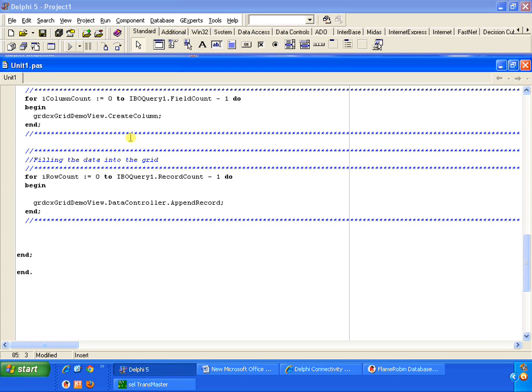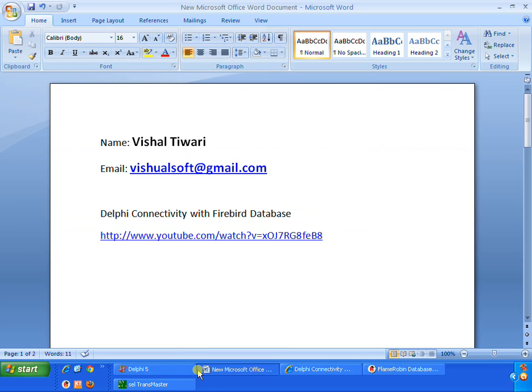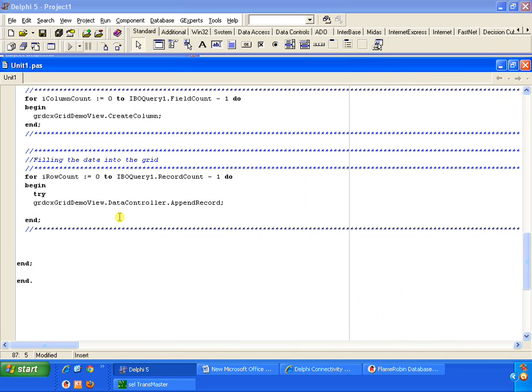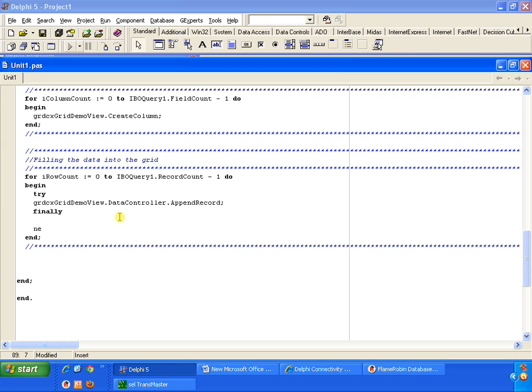As I think in the first session also, when we were seeing the Delphi connectivity with the Firebird database, we have seen that we need to have a try block and finally block to fill this data very fast. Since we have only 20 records, it would not take much time, but when we have thousands or lakhs of records to be filled up and displayed in the grid, it would take some couple of minutes to display, and that would not be a good impression. So what we need to have here is